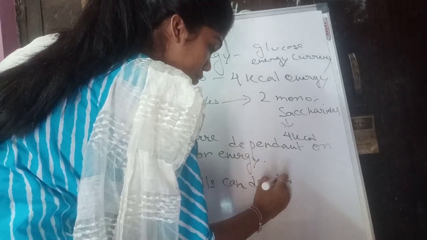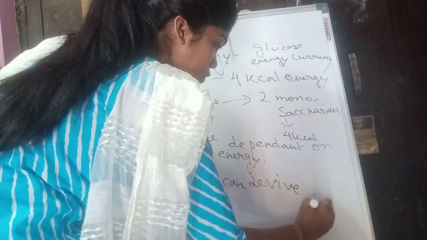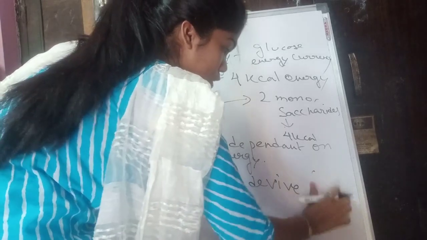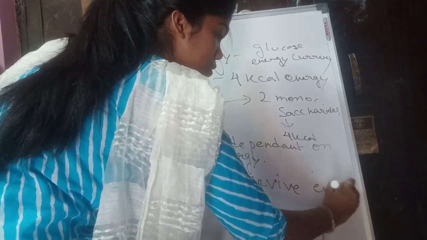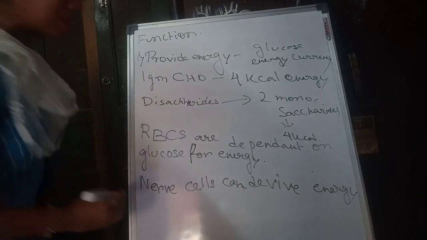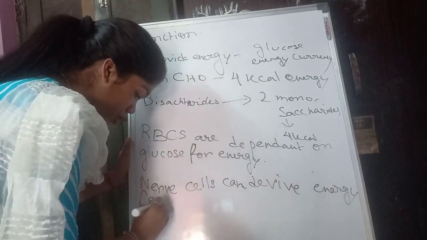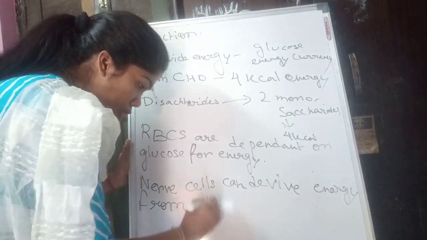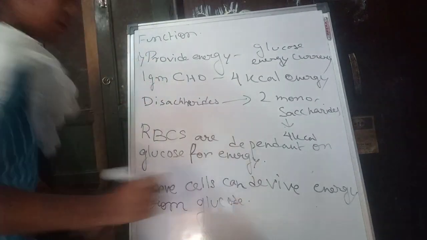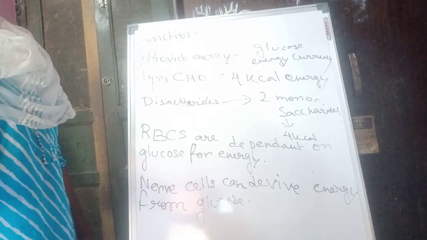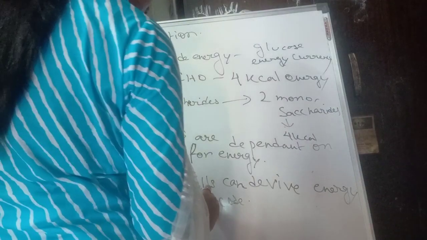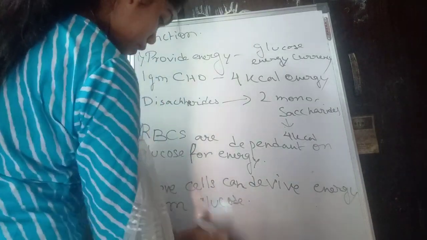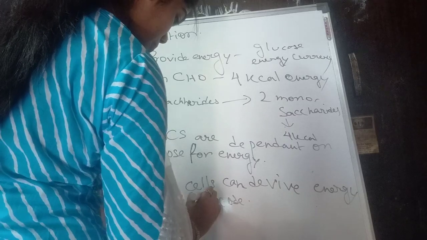So for nerve cells glucose is indispensable. Besides deriving energy from glucose, nerve cells can also derive energy from